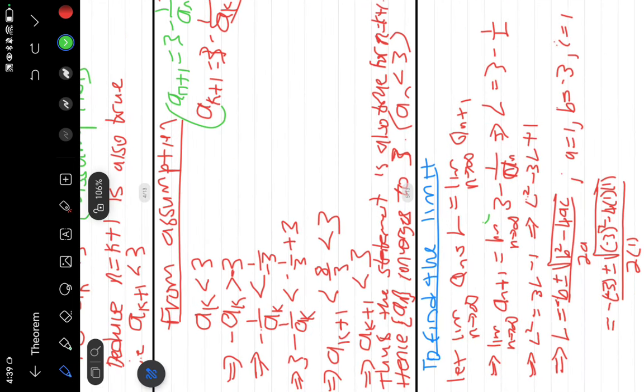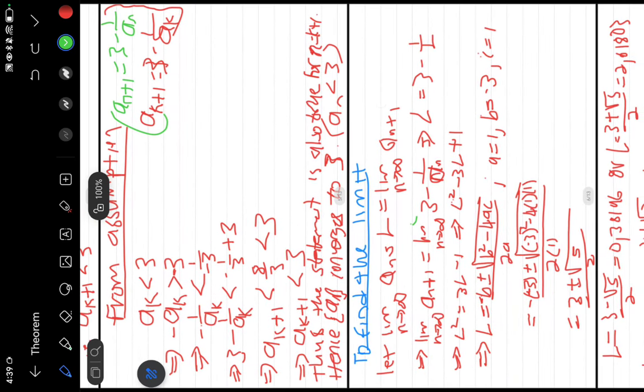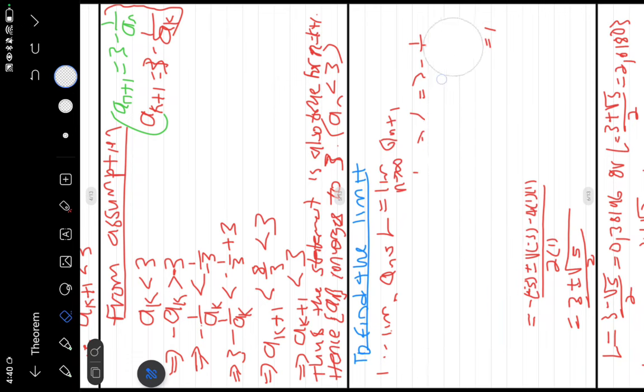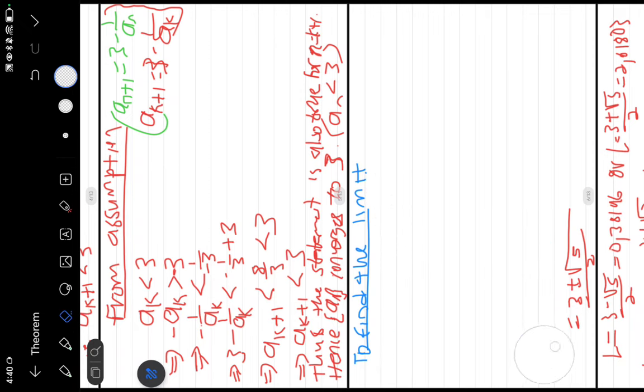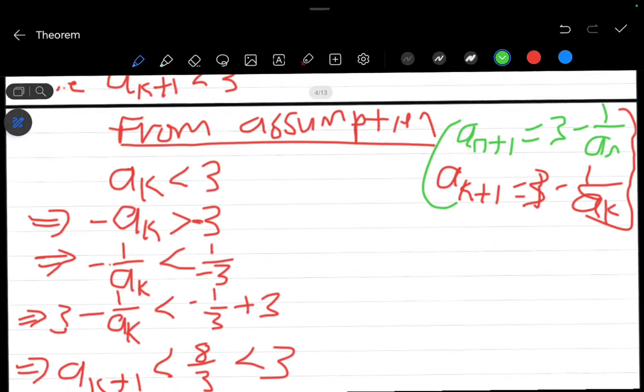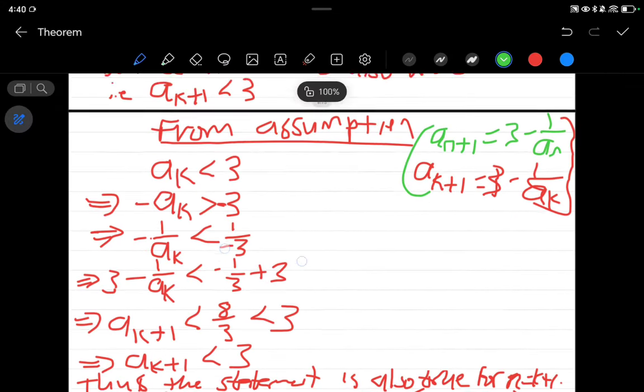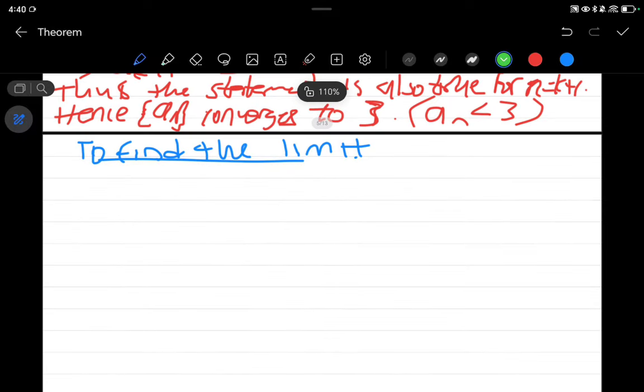So now we come to finding the limit. Let me erase this. I don't want to erase this, but let me just erase it so I can explain while I'm writing. I don't have a calculator where I am and can't calculate such things. So here, to find the limit, we have to suppose